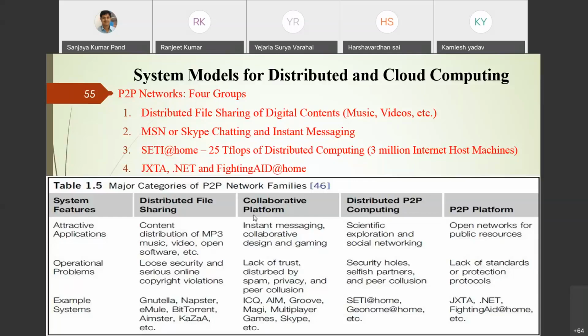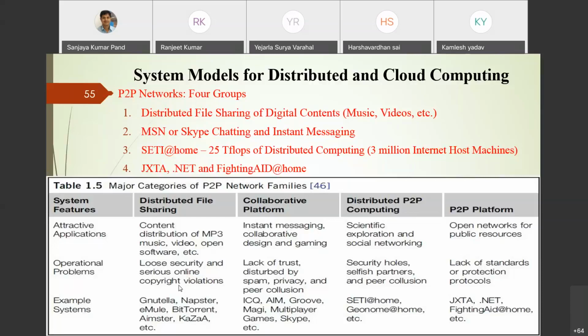Once you go for DC++, 10 GB is already set. You can also view the resources of others. You can download movies. You can download software, in a fraction of a second, or in a minute you can download everything. So if you are going for music and video, you can go for distributed file sharing. The very popular BitTorrent or Napster are used in distributed file sharing.